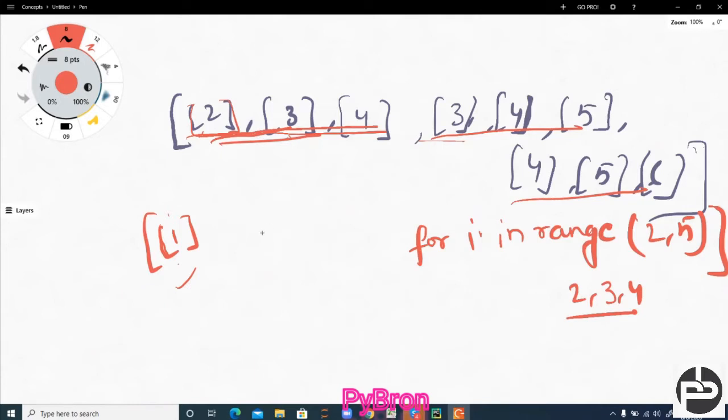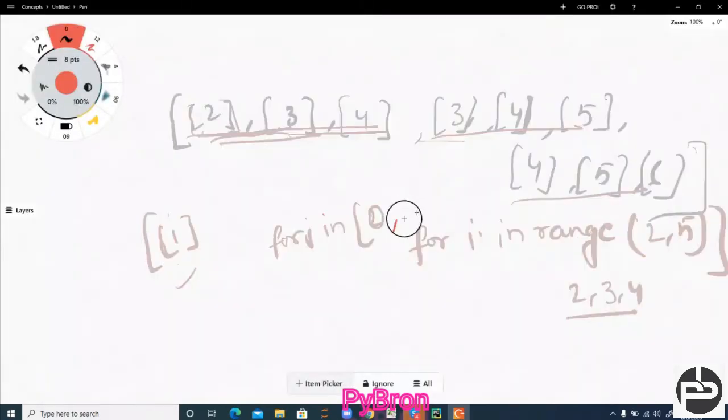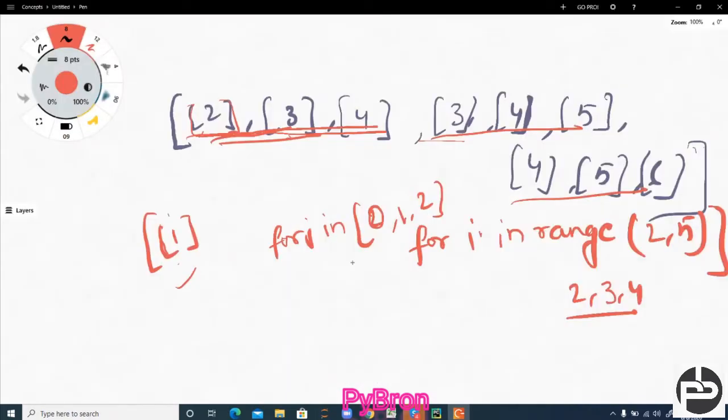Now, why do we put this bracket? Because I need the output in this form. That's why I keep it like this. Got it? If I need only this much, then this is fine, this will work properly. But I need these things, boss. So again, try to understand what we are going to do. Again I am writing here for j in 0 1 2, so here I write 0 1 comma 2. This is the same line. And here I am writing i plus j, and you will get the complete output. Try to understand what we did here.